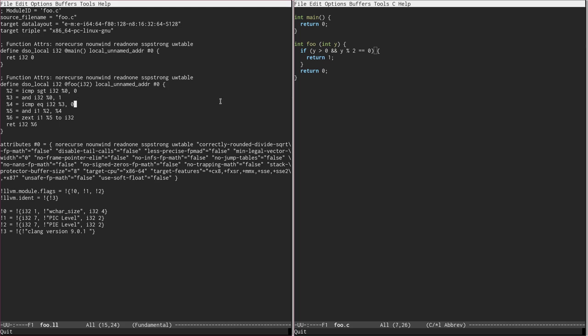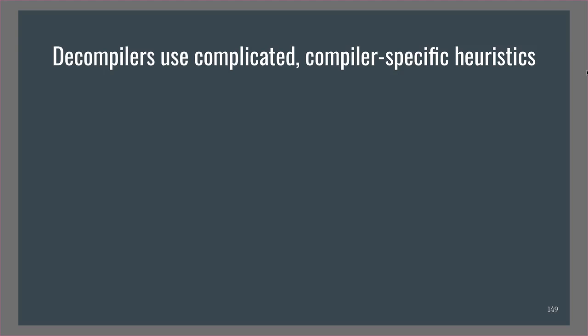Then they've also gotten rid of the branches, because those are pretty slow also, and instead they're just anding together the two conditions, and because we're returning a 1 or a 0, they can just extend that result and return it. So they've replaced multiple branches and an srem, all stuff that made it really easy to go from the LLVM IR back to foo. To deal with the optimization problem, decompilers use complicated compiler-specific heuristics to recover source code, and